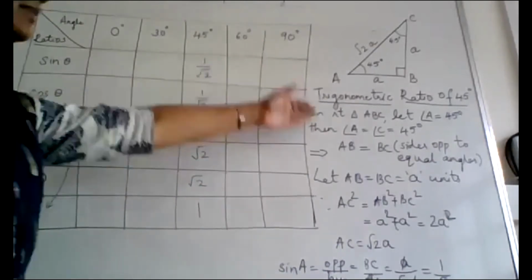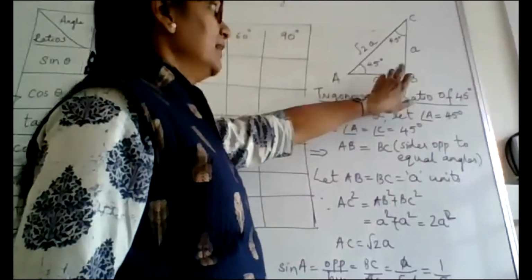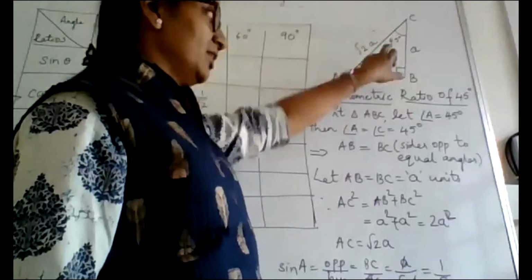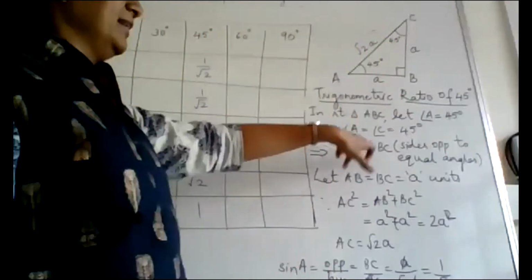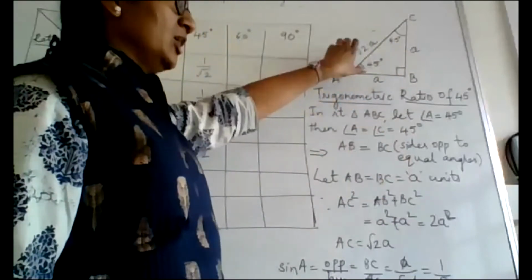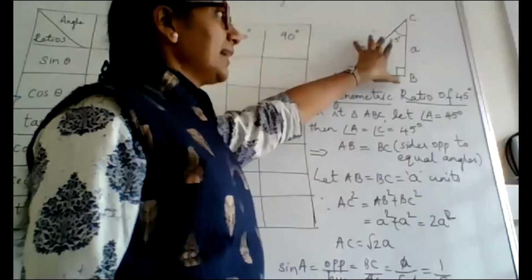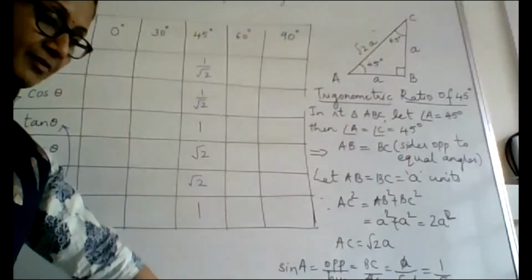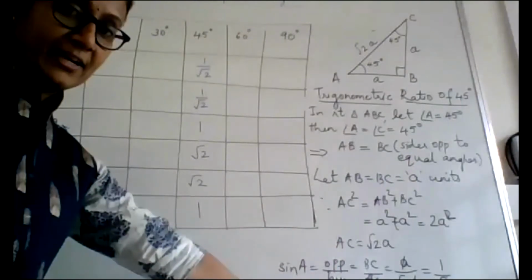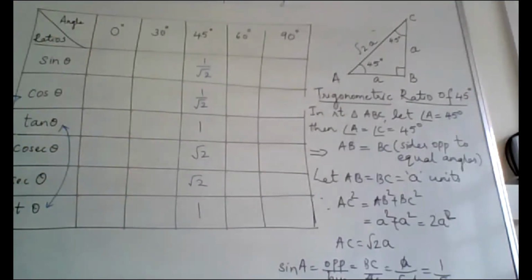So with respect to this triangle, where I have assumed it to be right angled at B, such that angle A and angle C are 45 degrees each, using Pythagoras and my initial assumptions, I could find all the 3 sides with respect to the side A. And once I had all the 3 sides, I could define the first 3 basic trigonometric ratios, find their values, and take the reciprocals to find the remaining 3 ratios.